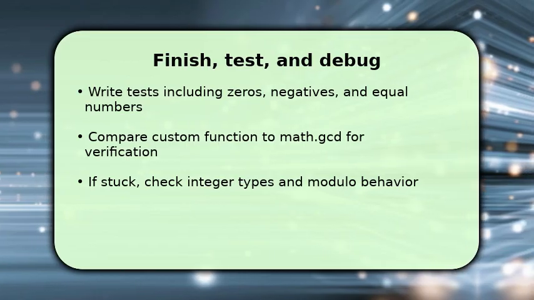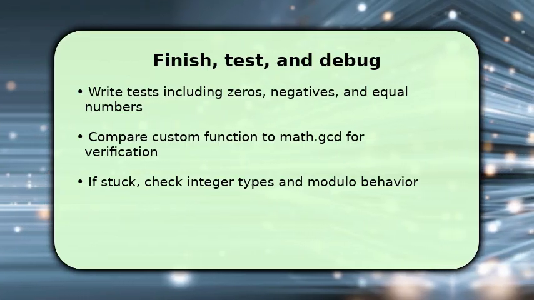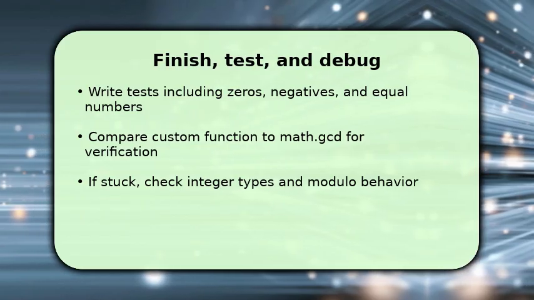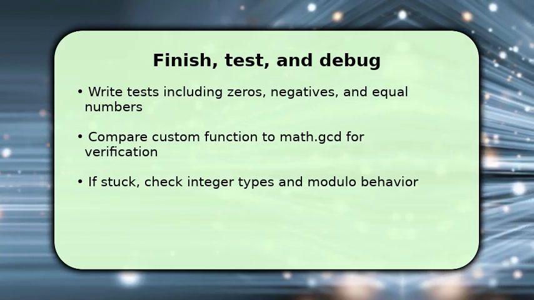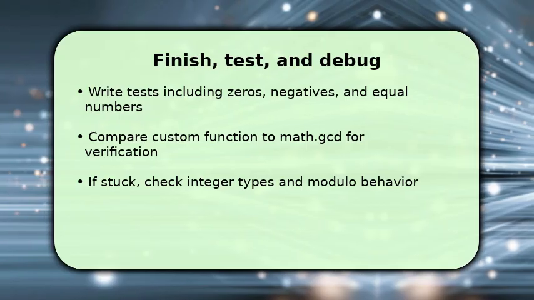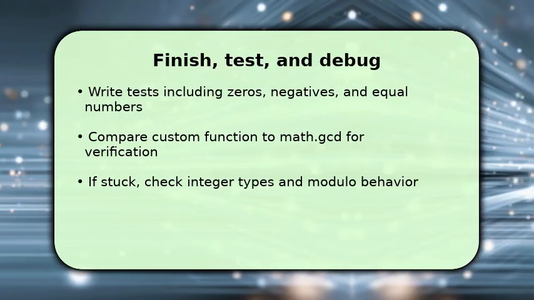If results diverge, make sure inputs are ints, not floats, and that you used abs consistently. Incorrect modulo usage or accidental float division often causes wrong results. Make sure to handle